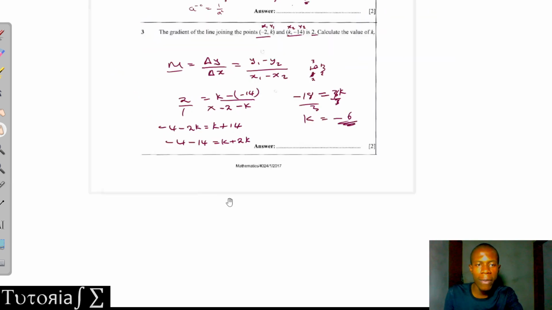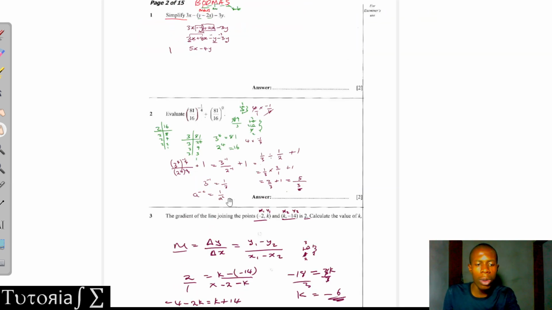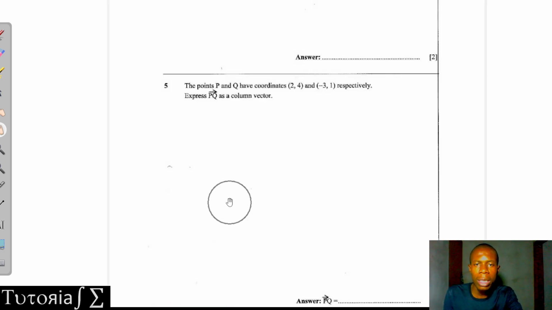Okay, so this is this page. Only 3 questions. Right, for the second page,